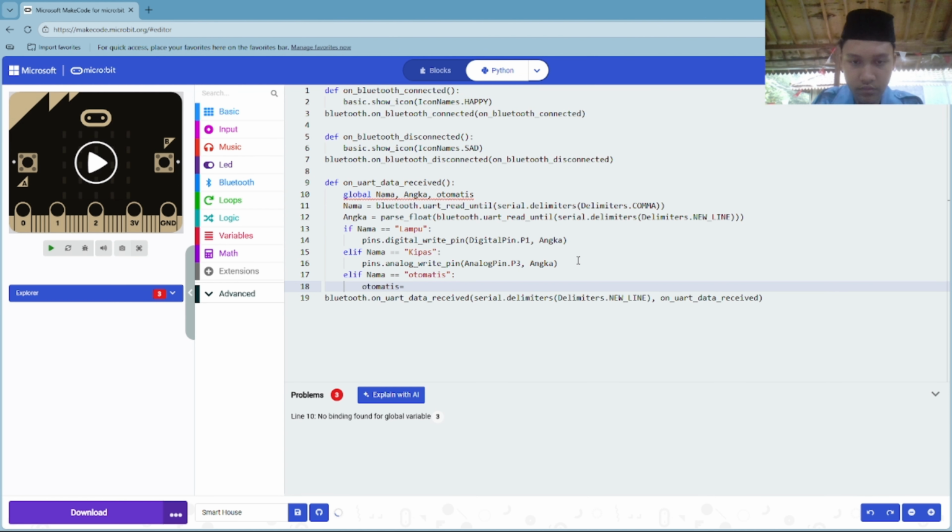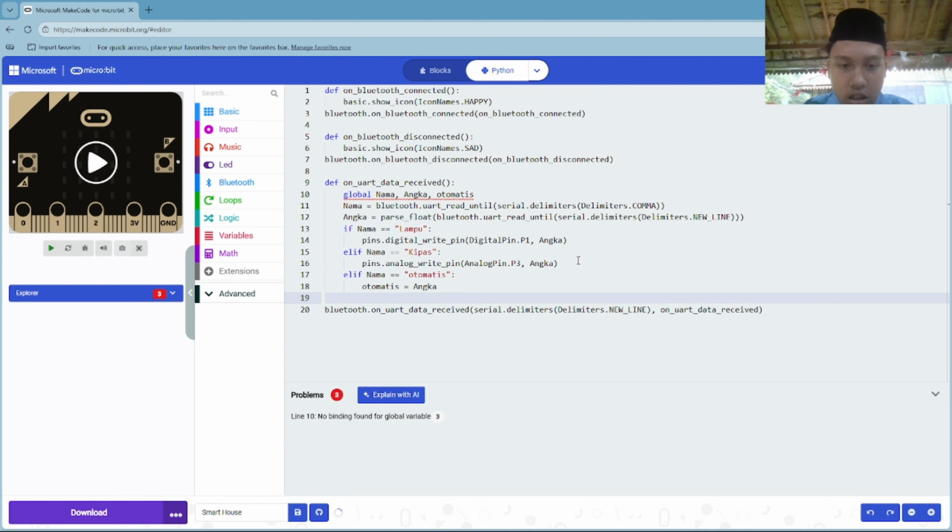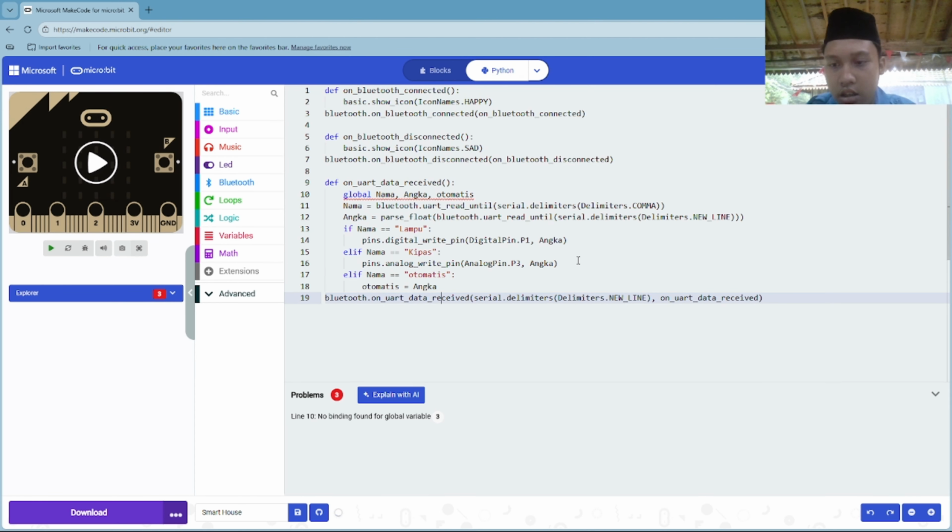You can see here, set otomatis to be angka. You can see if I click the lamp, the lamp will be on. But if I turn off this, the lamp will now turn off also. As you can see, we just make the new code one, automatic. So I'll just give you guys the explanation first.